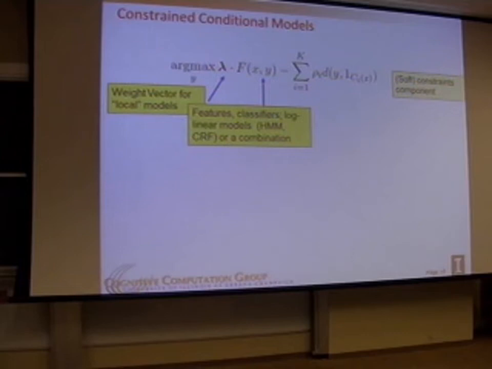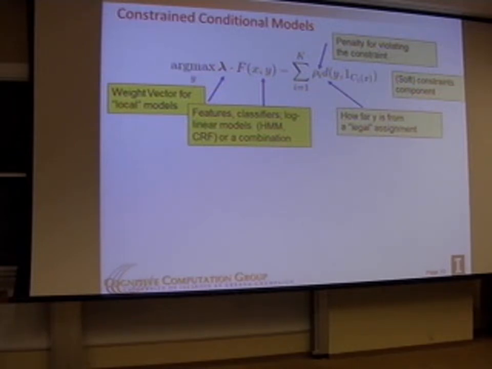So these in general are going to be soft constraints component. And again, I'm going to have a vector of rho i's, which are my penalties for violating constraints, and a component here that I'm thinking about as a distance metric that allows me to model how far a proposed assignment to the y variables is from the feasible set, given a constraint, for the legal assignments. And the distance itself could be either minus infinity if you want to deal with hard constraints, and then I can actually move this component to be below this and say subject to, or it could be something that is problem specific that allows me to model how much did I violate a specific set of constraints.